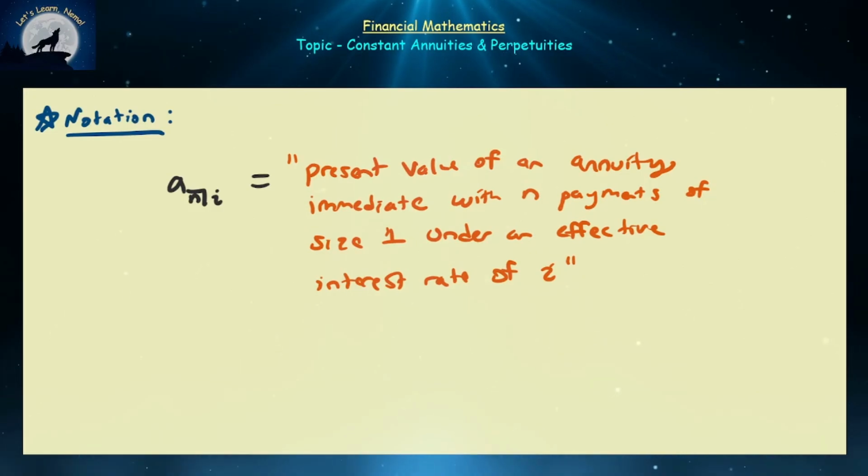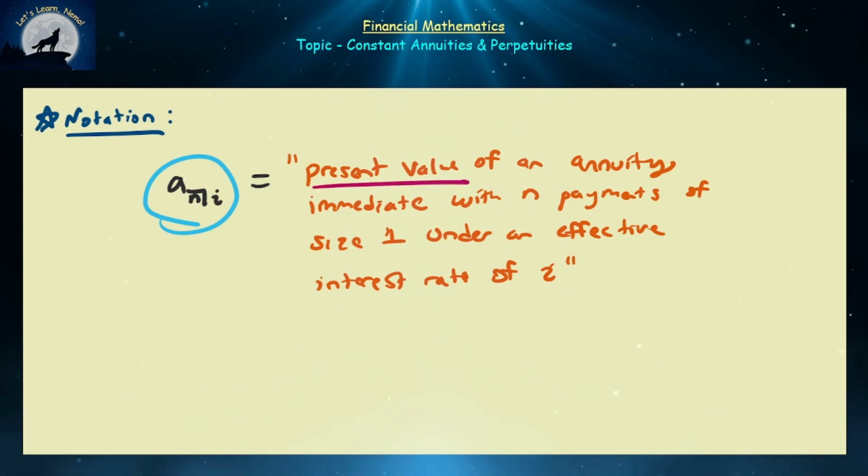So now let us introduce one of the very important notations that is used in financial products, and that is this little object, where it's the letter a, and then this little subscript has an n underneath, like a half box where it's missing the bottom and the left-hand side, and then we have the letter i directly next to that little half box. So what does this little object represent? So this represents the present value